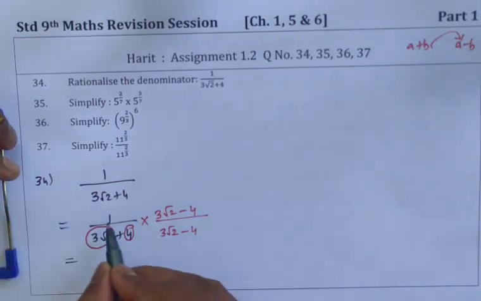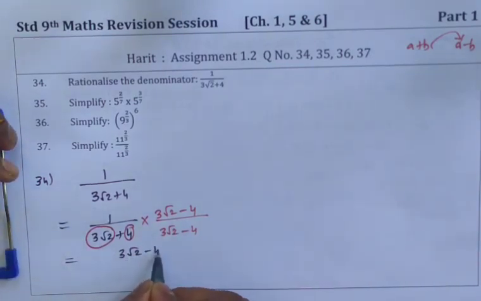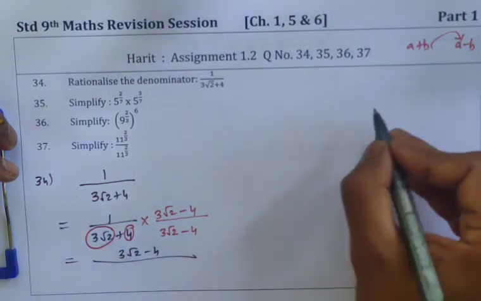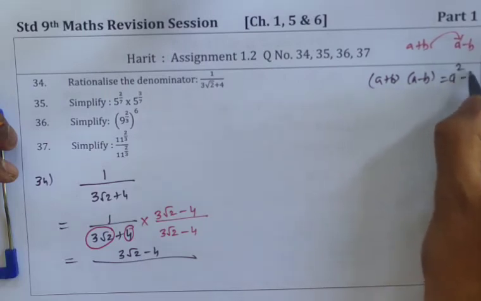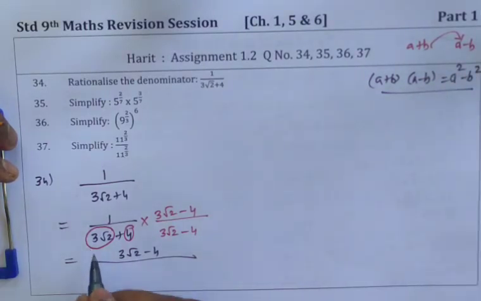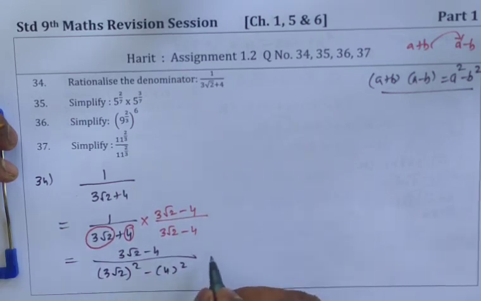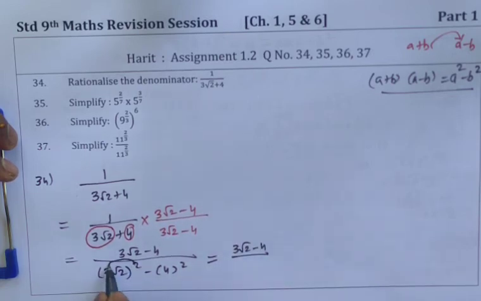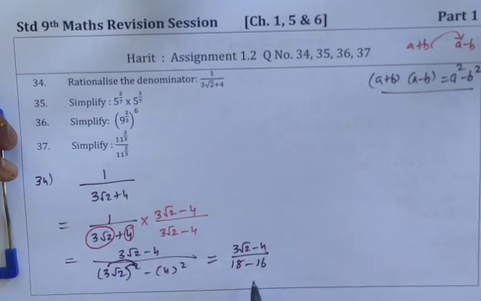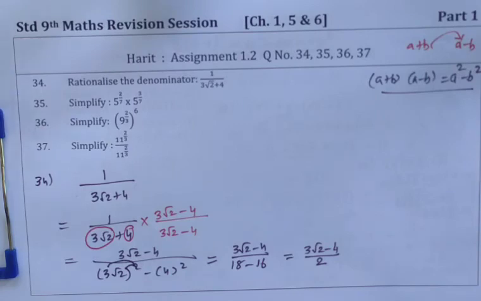चलिए. So numerator में 1 into 3 root 2 minus 4 will remain as it is. और ये a plus b into a minus b का expansion, which is a square minus b square. So a square minus b square, that is 3 root 2 or 4. Alright, that is equal to 3 root 2 minus 4 upon 3 का square 9 और root 2 का square 2. 2 9s are 18 minus 4 square 16. Alright, and that is equal to 3 root 2 minus 4 upon 2. Finished. This is the answer.